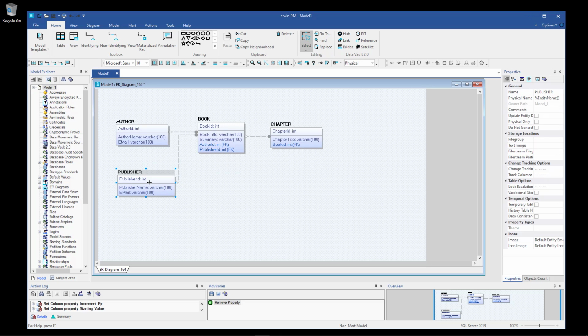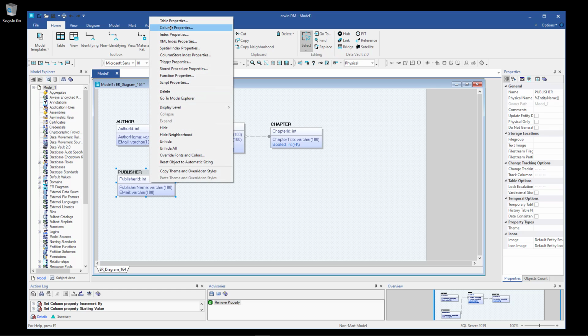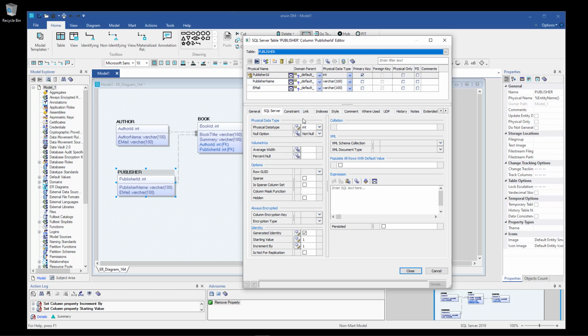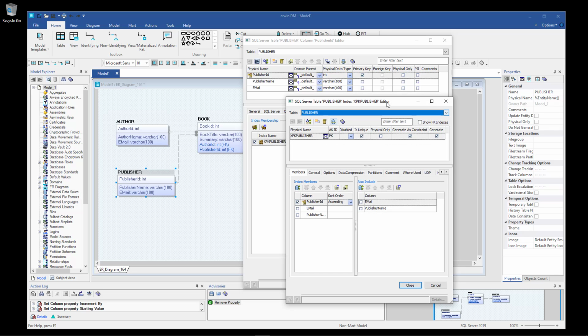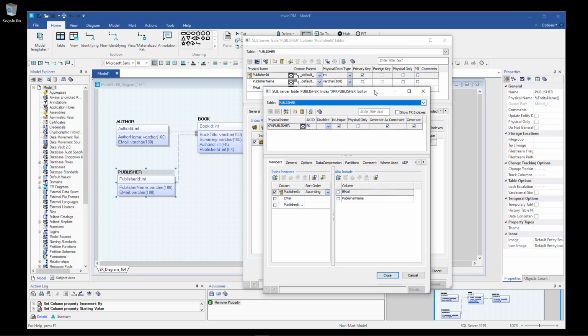We just select the table, right click, select column properties, and then we go to indexes, and here you see there's already one index for the primary key, so then we need to create one more index for the unique constraints. So then I just select this here, index editor here, and then we have already an index for the primary key. Then I create a new one by clicking the new button here, a new unique